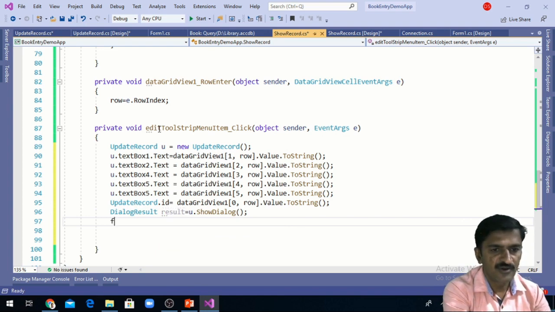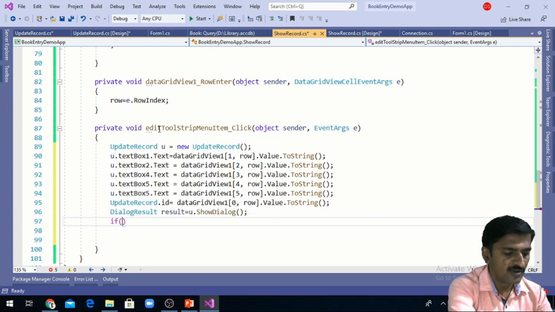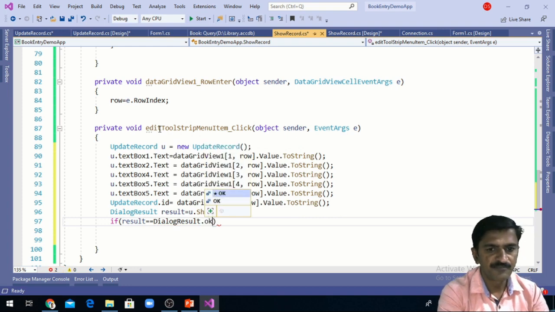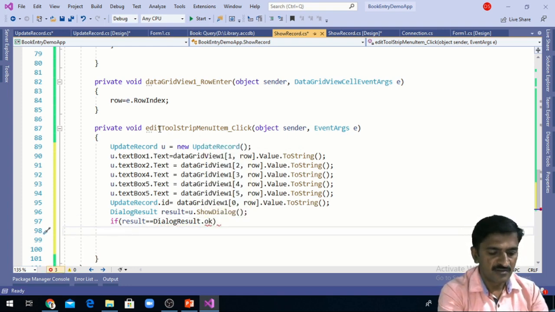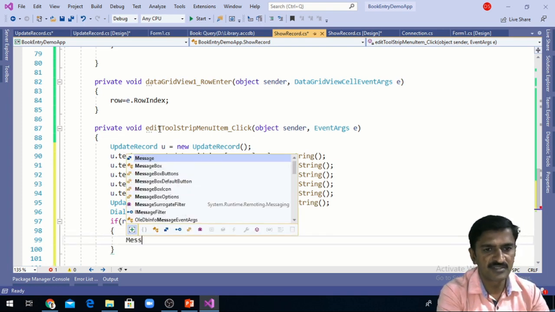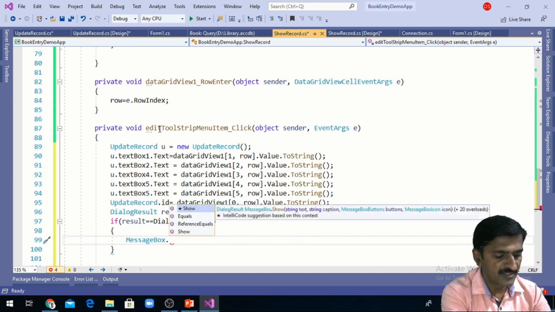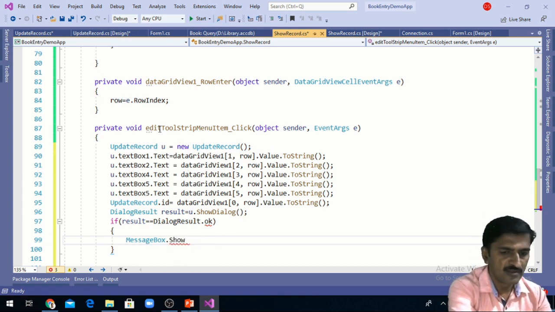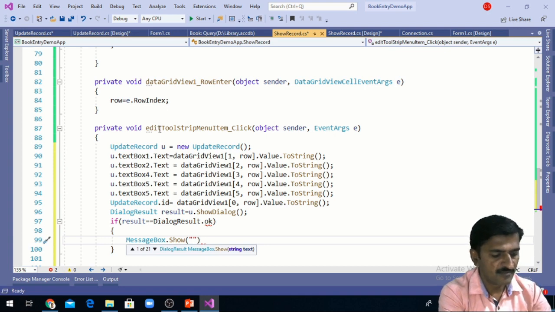And we will check if result is equal to dialog result dot okay, then we will update the record. We will display the message that record is updated. Message box dot show. Then inside that we will display the message record is updated.